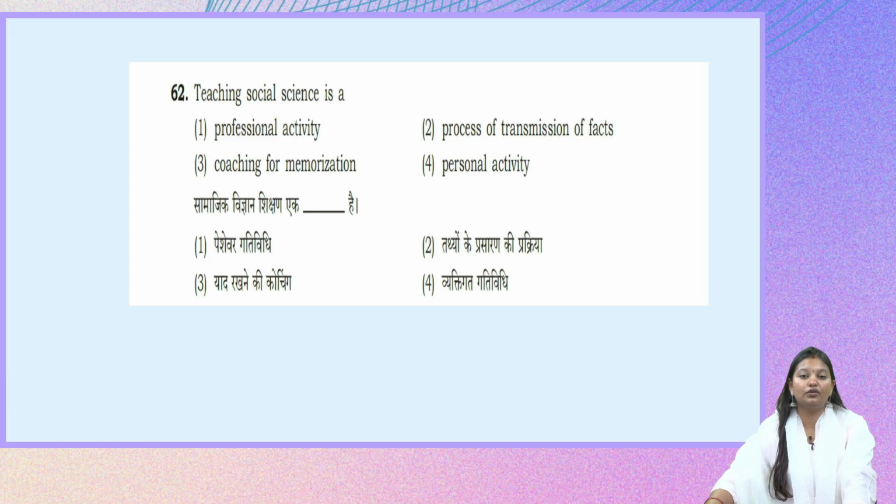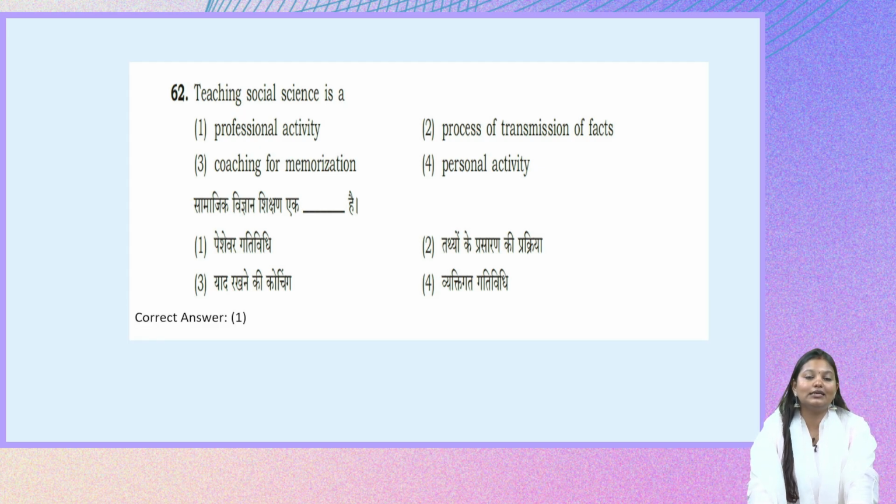Process of transmission of facts. Mere transmission of facts will not be enough when we are talking about teaching of social science. So the correct answer here will be option 1, that is professional activity. So teaching social science is a professional activity. The next question is,